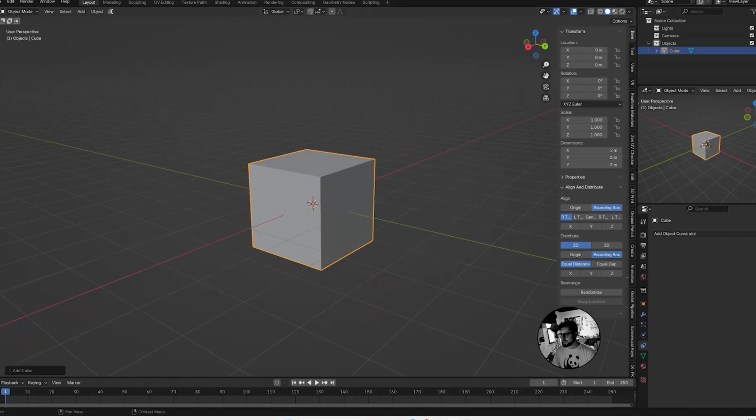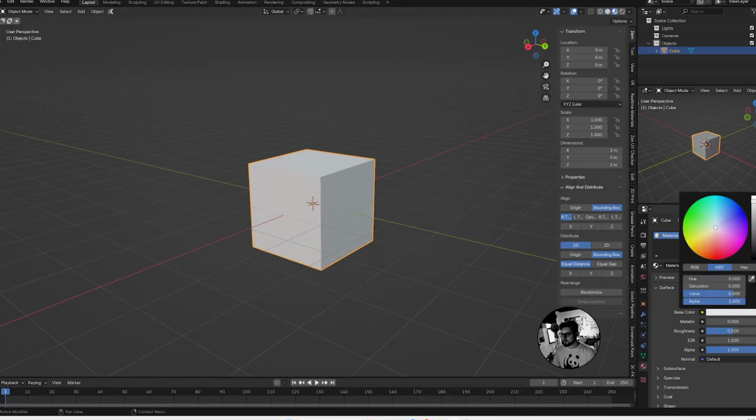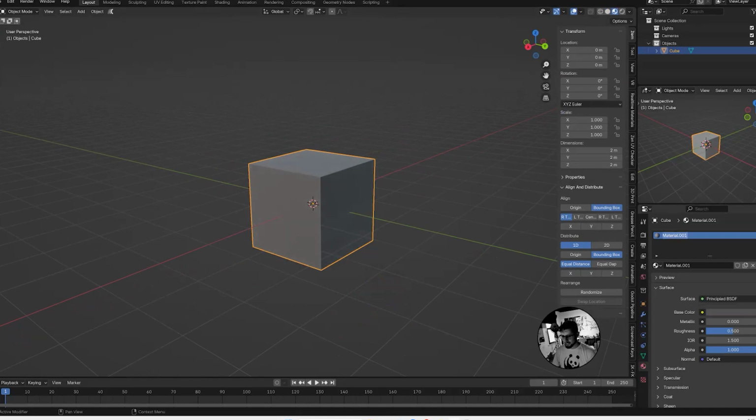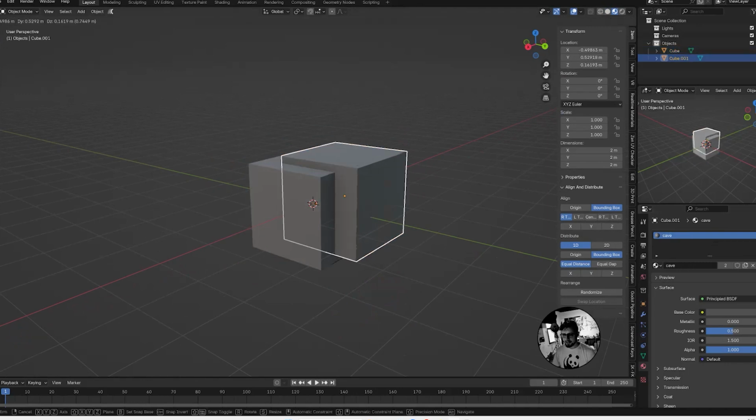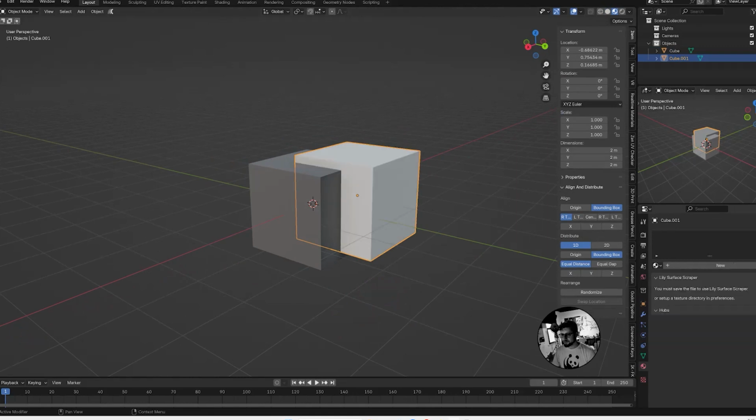So we have a cube here, and we'll create a new material for that. We'll go to material view, and for our cave material, we're just going to take the default and turn it gray by turning down the base color here. That's it, we're done. So we'll rename that cave, and now we will create a duplicate cube here just for a second, and we'll remove the material from that. We'll create a new one,